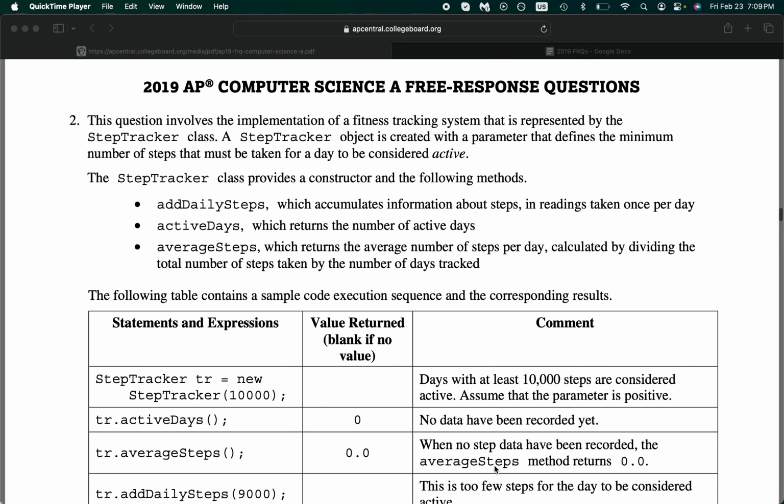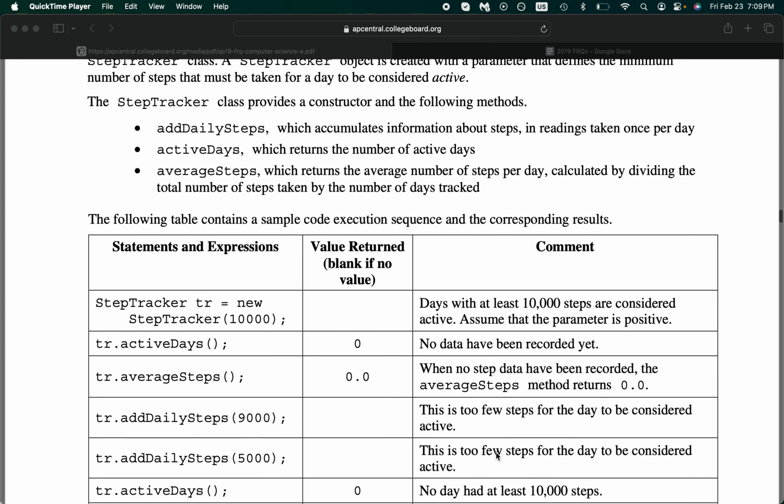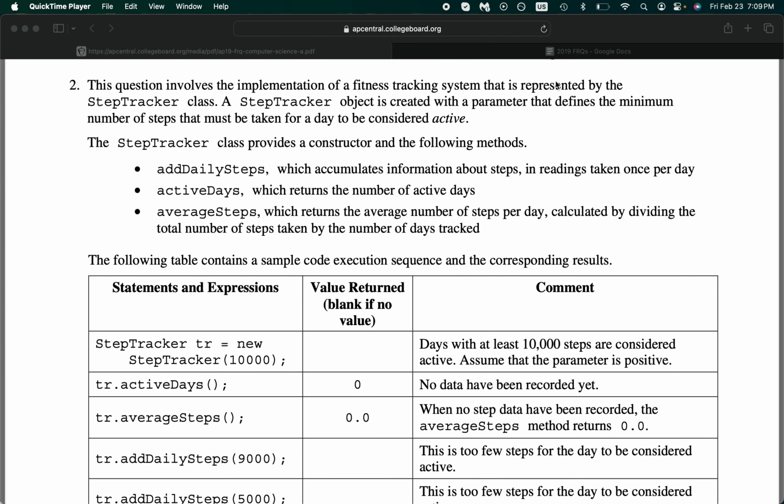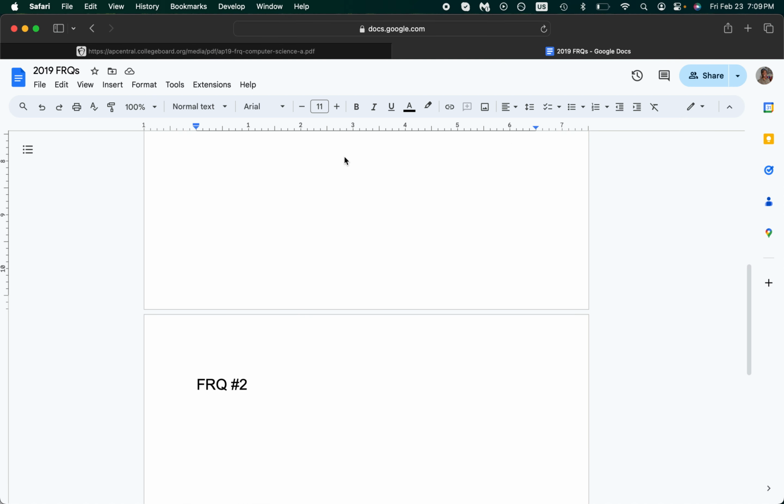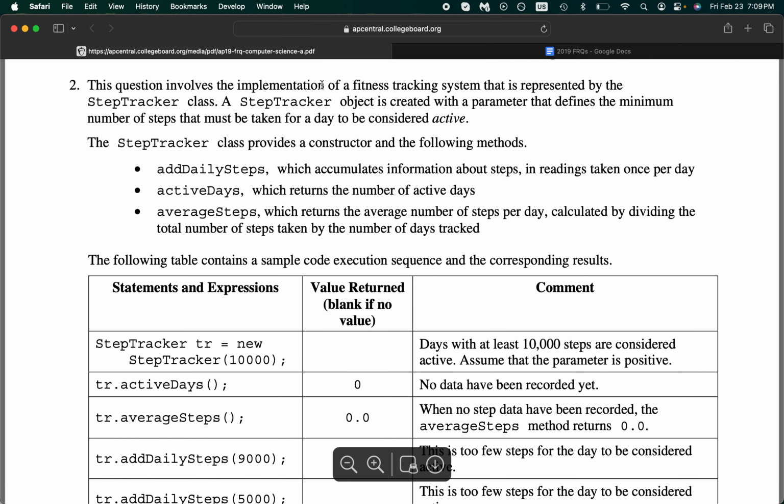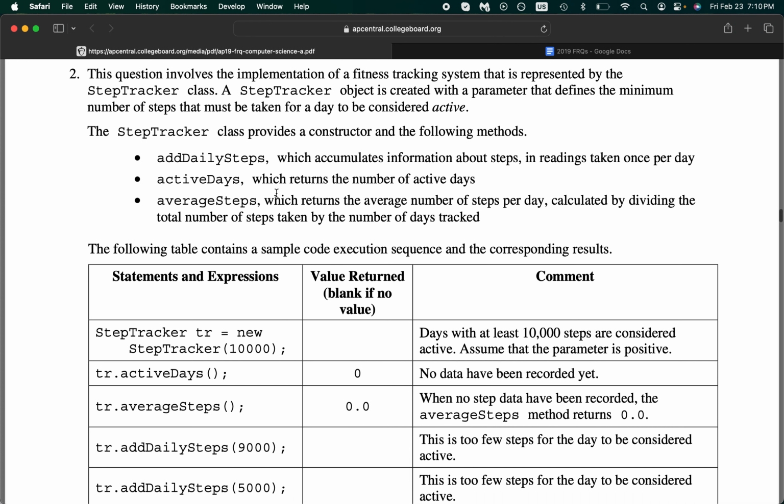All right, today's FRQ focuses on the 2019 StepTracker FRQ. I've got to make this class, and I'm going to keep this short and sweet because, well, I've seen this before, and two, I'm going to try to see if I can blast out 6 FRQs before the end of the night. So with that said, this question involves the implementation of a fitness tracking system that is represented by